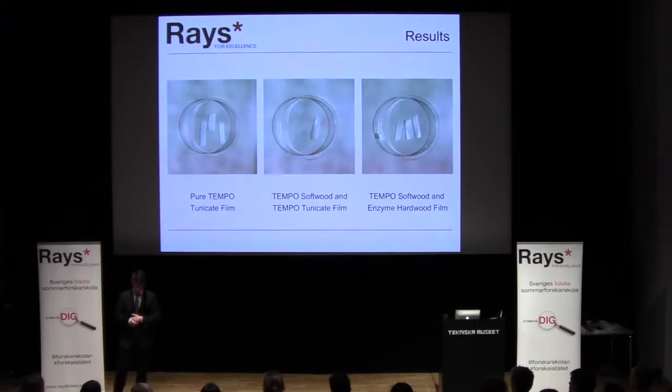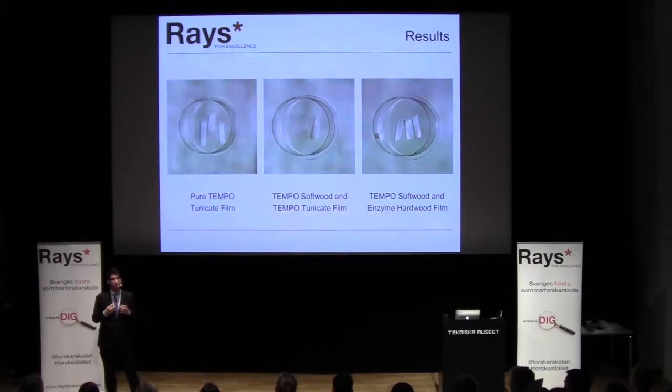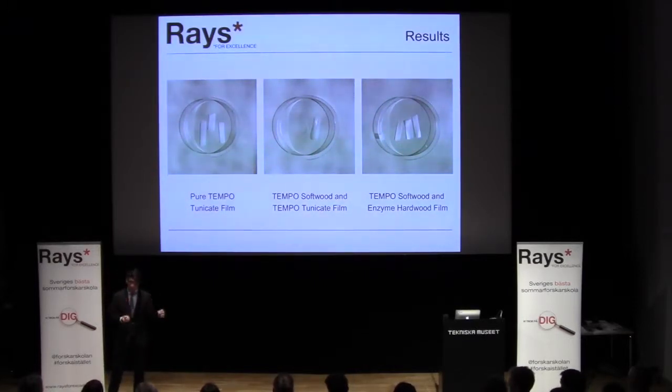it might have. Now, the results of this investigation showed, as we predicted, that films that had tunicate, these two right here, in fact were much stronger. They had higher mechanical properties, which proves that tunicate can be used as a foundation for films in ensuring their